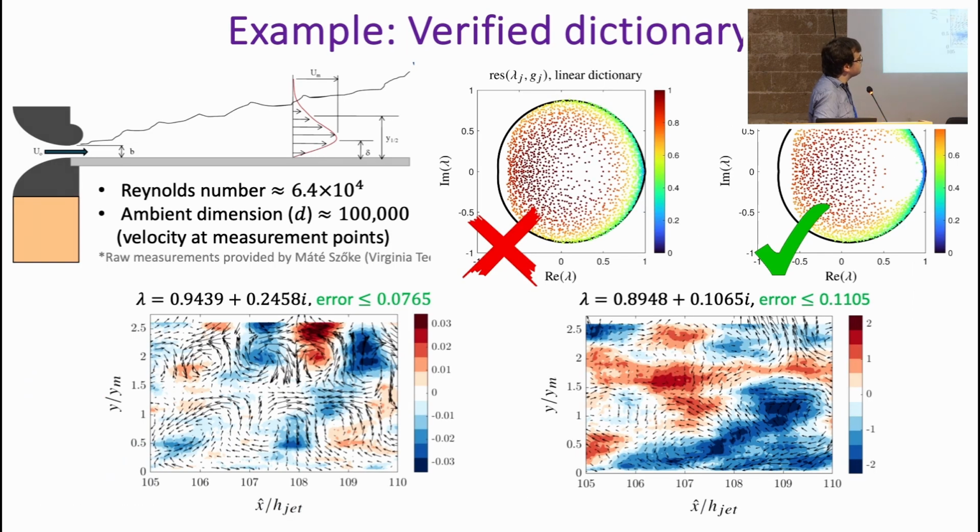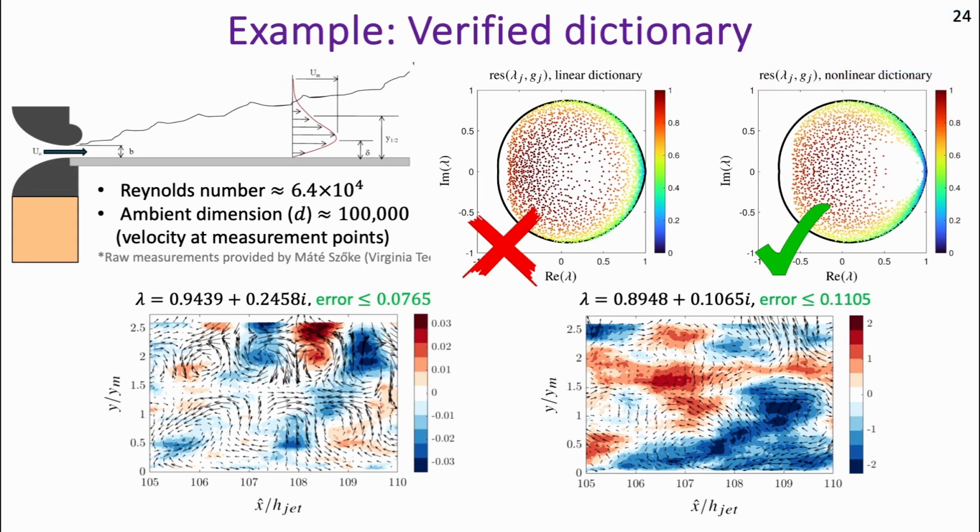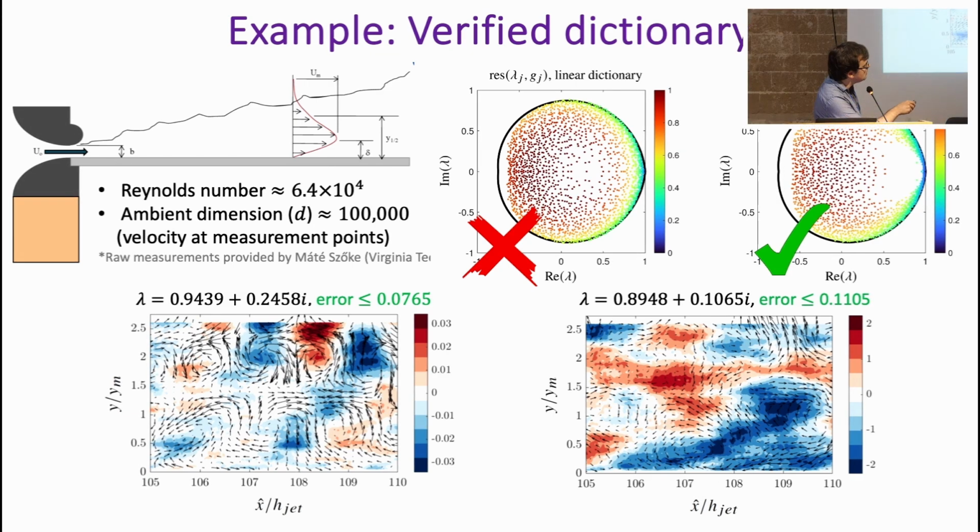We can also verify dictionaries. Here I've got a turbulent flow pre-transient. I have two dictionaries, a linear dictionary and a nonlinear dictionary, and I'm associating residuals with the eigenvalues computed using EDMD. Blue here means a small residual and is good. So you can compare this sort of fingerprint for the two dictionaries, and you know that the nonlinear dictionary is capturing invariant subspaces to a better degree than the linear dictionary. And then you can actually compute these modes again. I think this is some point around there. Also, the point is these are not close to 1.